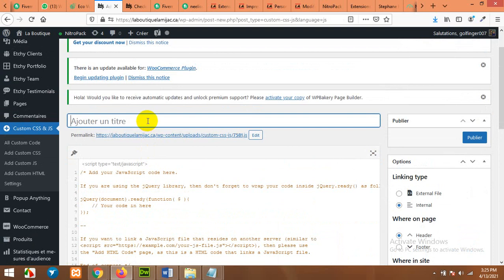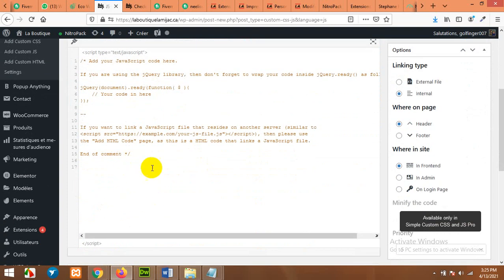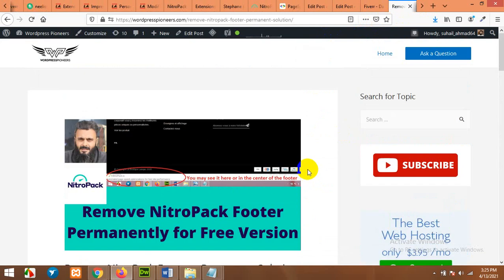Here type any random name. For example, I'll choose NitroPack footer remove, just for the reference, and in this area open the link from my video's description, and it will redirect you to this page here.